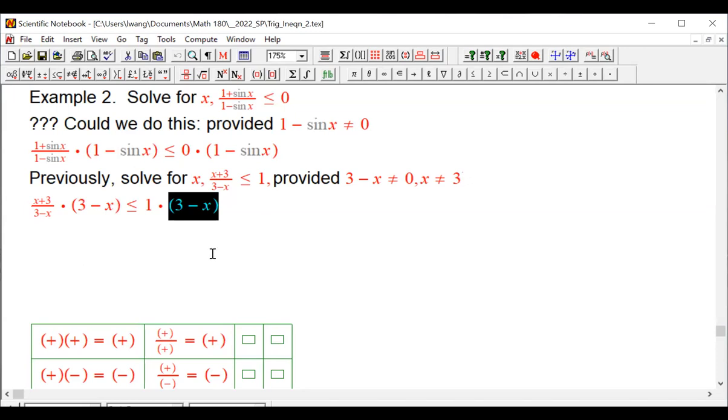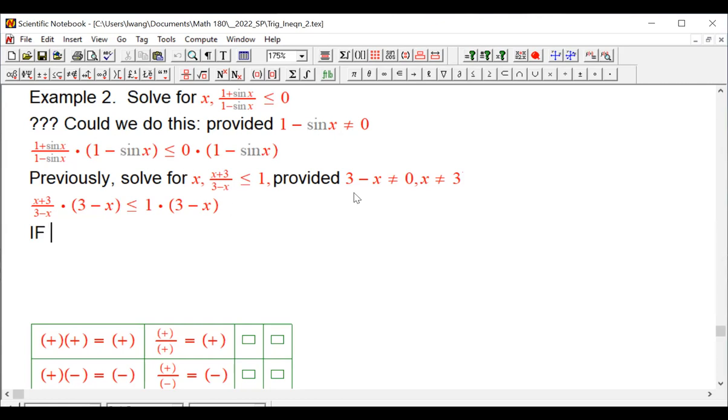The reason is that we don't know whether 3 minus x is positive or negative. If 3 minus x is positive, this will be okay. But if 3 minus x is negative,